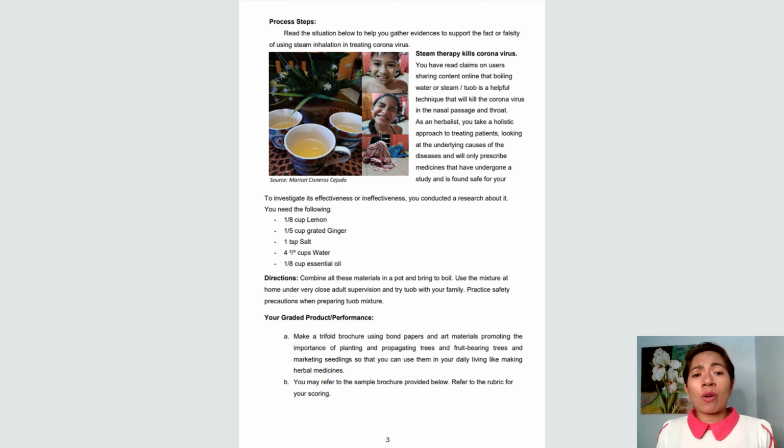So what about this essential oil if not available? Pwede natin lagyan dito or whatever, or pwede rin lagyan ng, pwede kaya Vicks, kasi bawal ang brand ng mga products eh. So 1/8 cup essential oil, or hindi naman pwede baby oil. Lagyan na lang natin dito 1/8 cup essential oil or 5 leaves of menthol or 5 leaves of menthol plant. Pwedeng lagyan kasi yung iba naman may tanim na menthol.